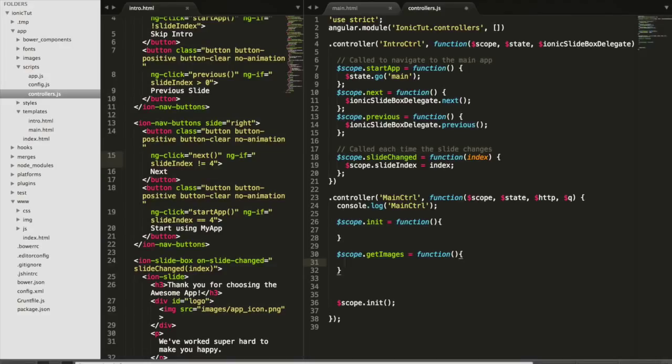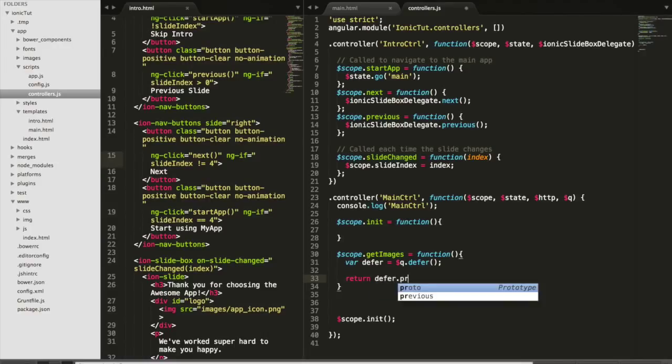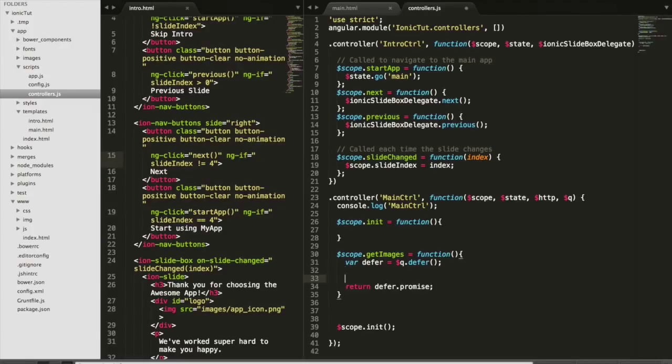I'm not really going to go into how promises work, but I will be using a promise for this function. So we're going to do var defer equals Q.defer, which is a function, and we're going to return defer.promise, which is not a function, it is an object, which I guess an object technically is a function also. And then what we're going to do is